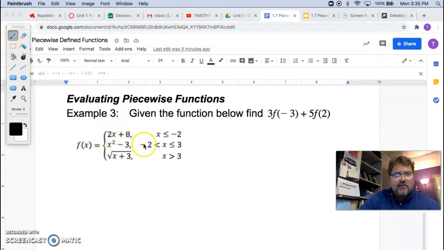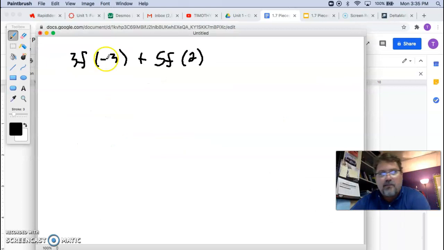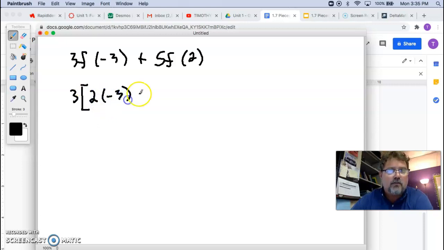So I'm going to have 2 times negative 3 plus 8. But I'm going to show you something else too so you can keep track of this. Bring that 3 down, so when you're done with that, you just have a bracket there you need to multiply. So 2x plus 8 would be 2 times negative 3 plus 8. Plus 5